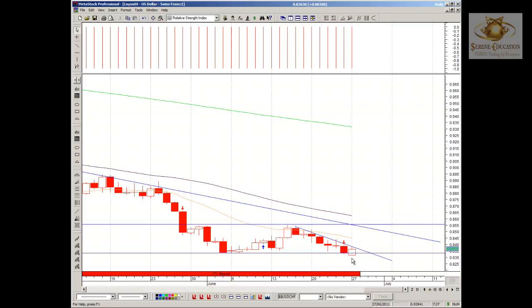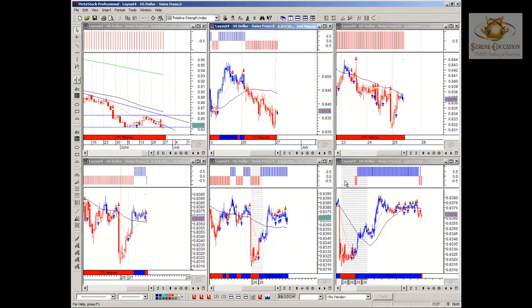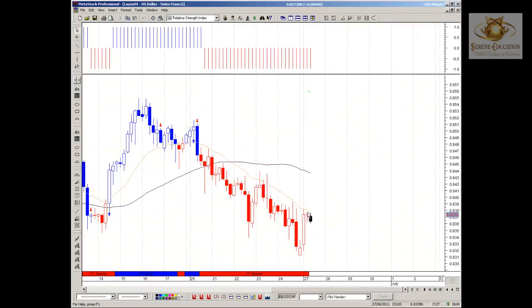pair. So as it stands now, if the daily can close higher than this previous support level at 83.35, then we're going to see a definite bounce to the upside for this pair. Notice on our 4 hour, the 20 period moving average acting as a strong resistance level. You can see we've had a pullback, and as I mentioned, if it's trending above 83.50, then we should be